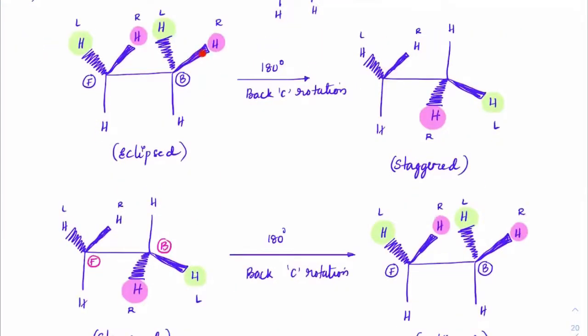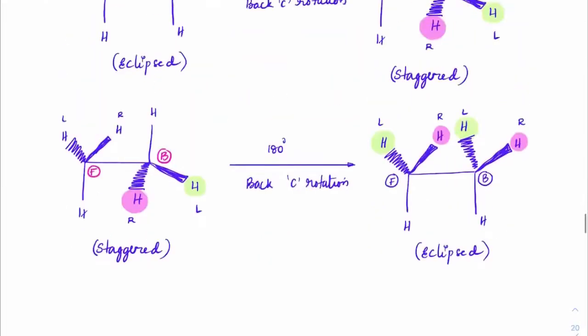This has been named so: if both the groups here, you can see this group which is coming outside the board and this group which is coming outside the board, they lie on the same plane. Can you see that? This is the plane on which they are lying. Like that, all of them will happen. These two are lying on the same plane, and at the backside, these two are lying on the same plane. When that kind of a molecule is observed, that particular structure is called the eclipsed form.